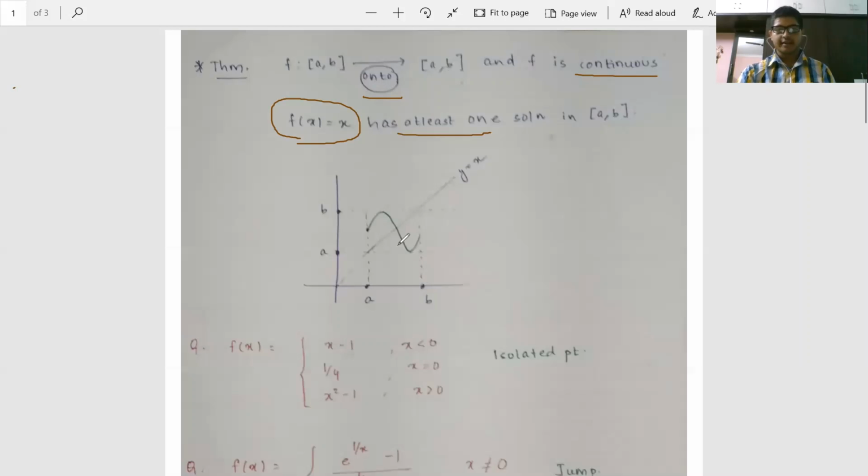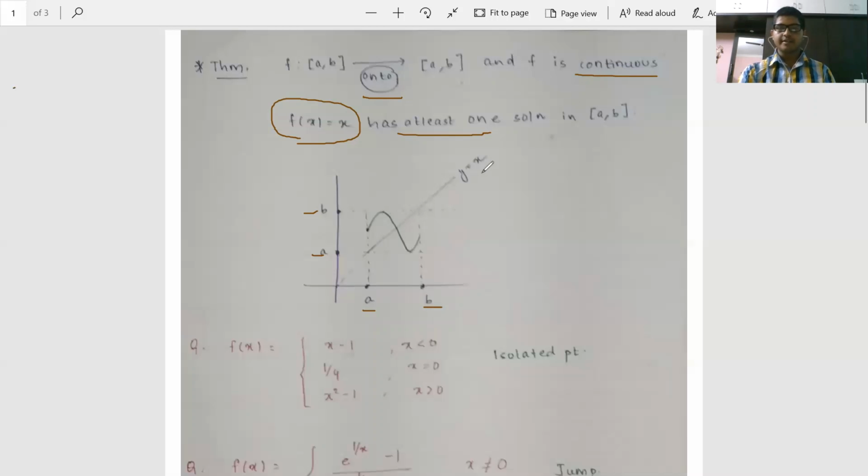So let's see this graph for easy understanding. So these are the points b, a, here is a and here is b. So this is the function. The function has to cover all the values from b to a. Clear? And also the x value ranges from a to b. Fine. So it has to touch this b thing once and also has to come down to touch this a thing also once, means the a bar, a line. Therefore it has to at least cross once y equal to x.